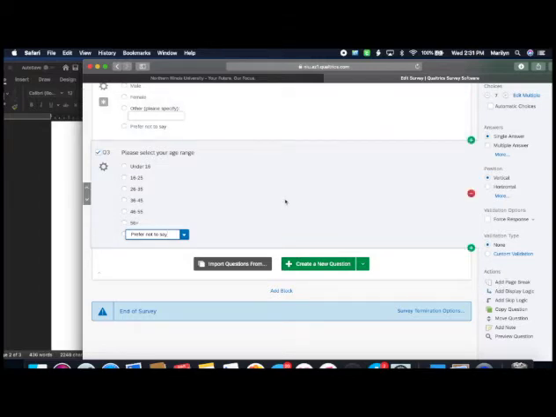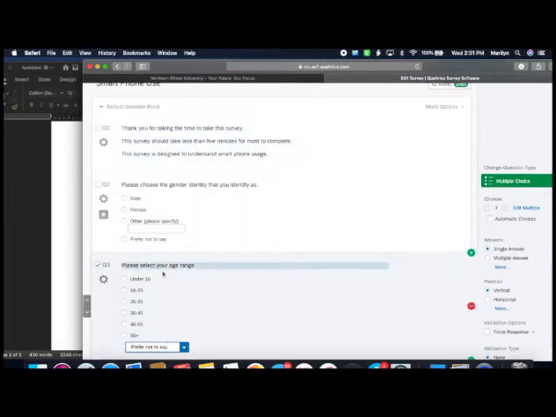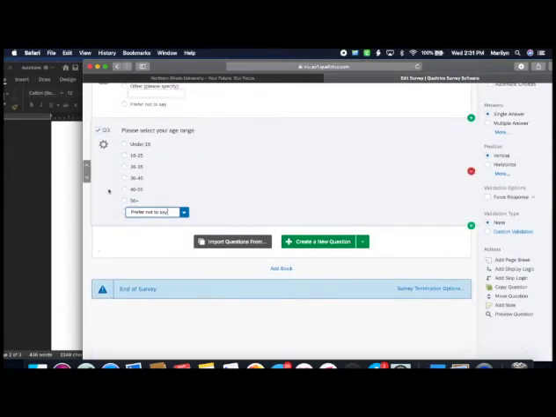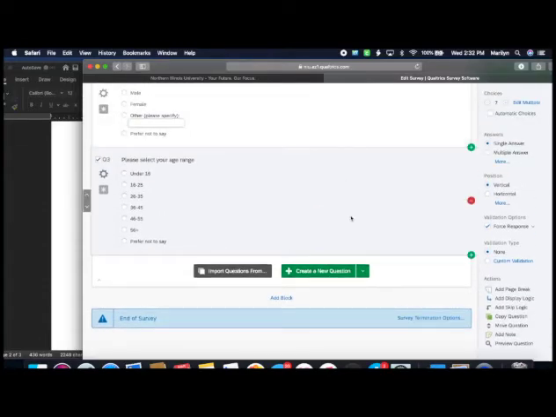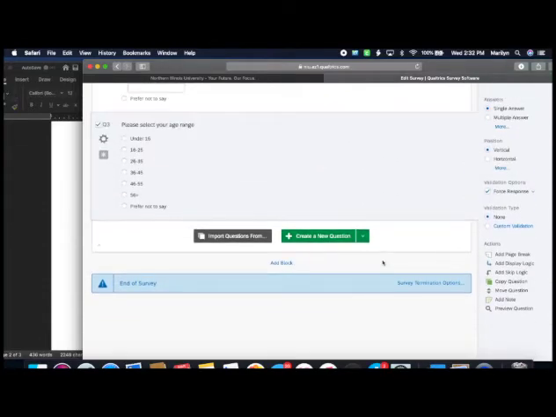So this is going to mean that all of these demographic questions are on one page, and once they finish these questions, okay, I'm going to force response to that too. Again, you probably want to force response all those. Once they finish these questions, they'll go on to the next page of my survey and see whatever the next